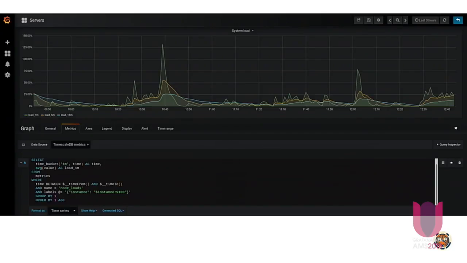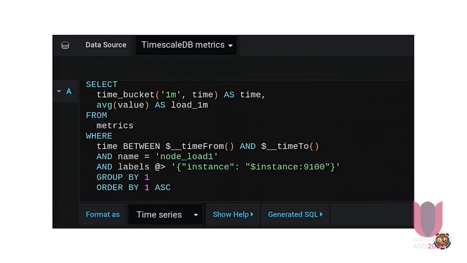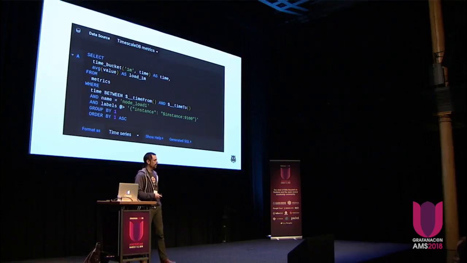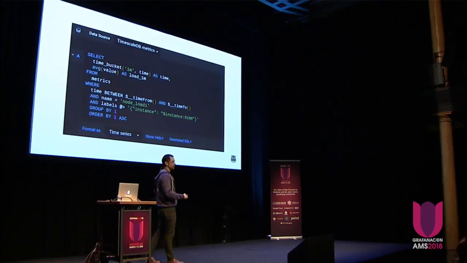Here, for example, we're visualizing the CPU metrics, and this is what a query actually looks like. Obviously, if you're used to PromQL, this is a lot more verbose and complex, but it's also more powerful. This is pretty early days in terms of what this data source can do. I know that a better query editor is being worked on, so in the future it's probably going to be much easier to explore what kind of time series or data exists in the database and generate a lot of these queries